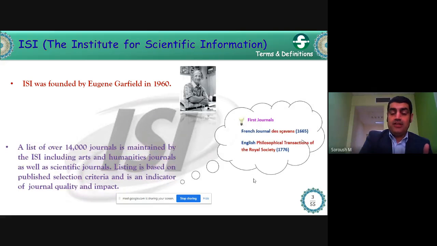And as we can see, the story of science and writing the first paper goes back to 1665 in France, and then later in English, Philosophical Transactions of the Royal Society published the first paper in 1776. So from the time that Eugene Garfield started thinking about the classification of journals and publishers, he was about